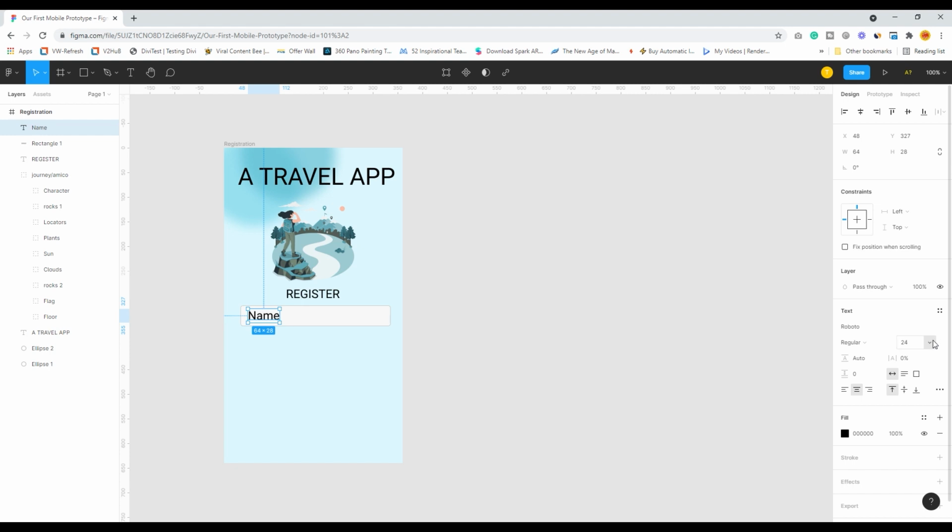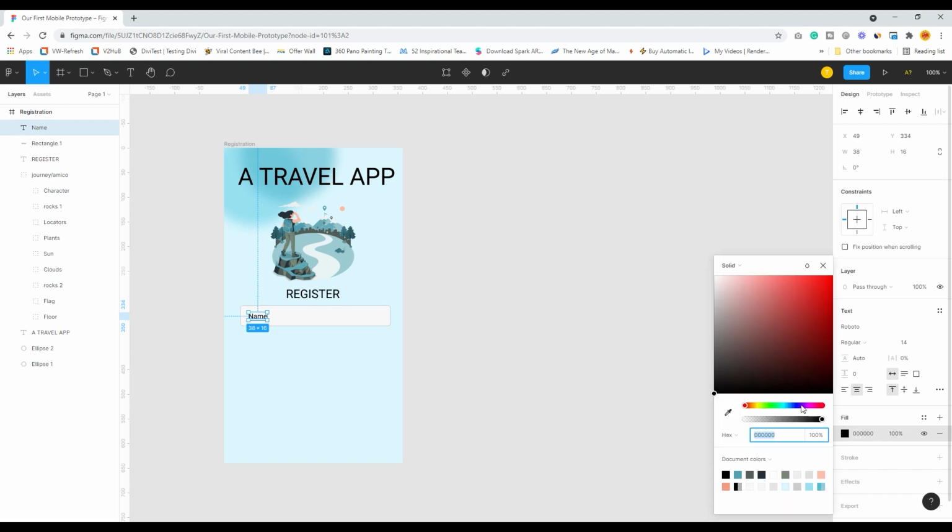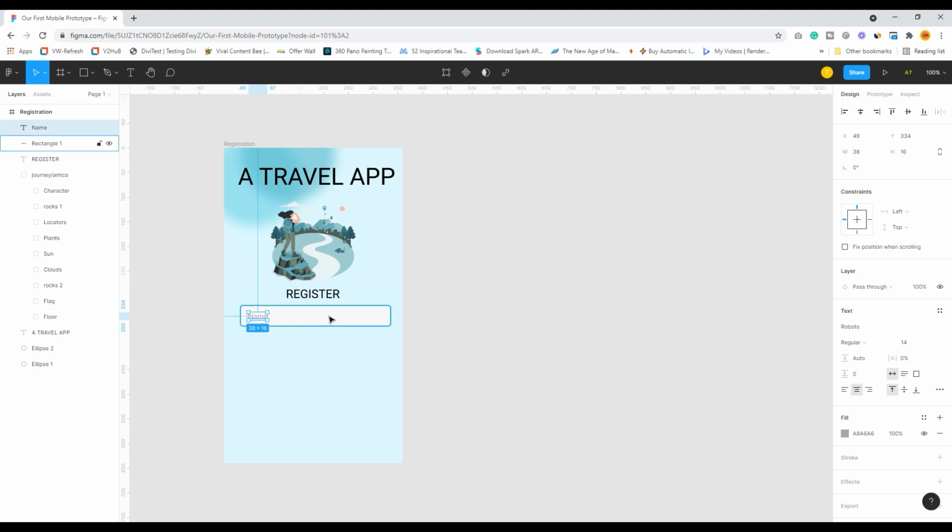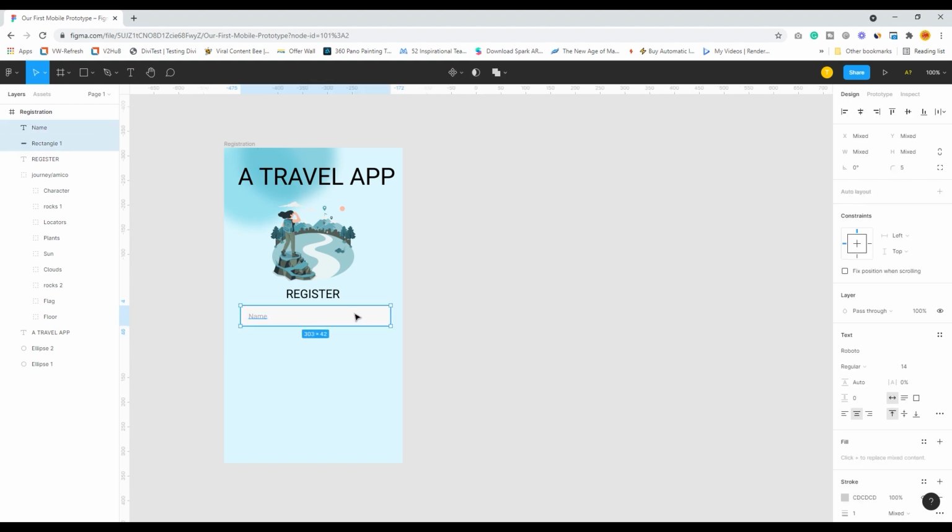And what I will do, I will reduce it considerably. And instead of black, I will take it to gray. What I will do, I will copy both of these things, press Alt and Shift and drag it down.